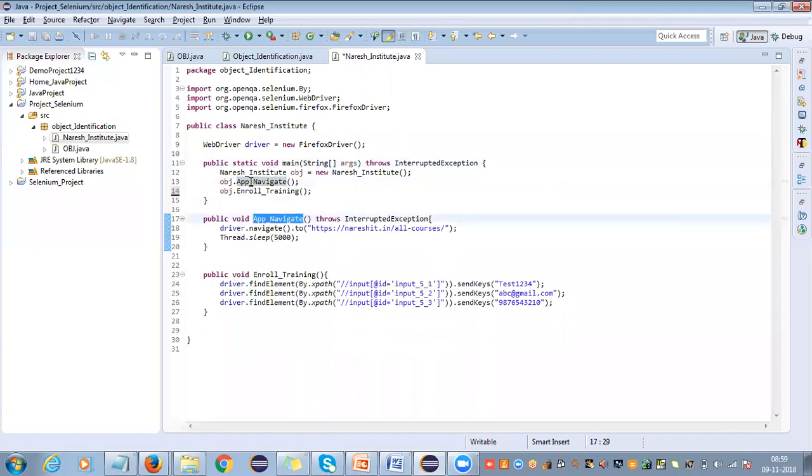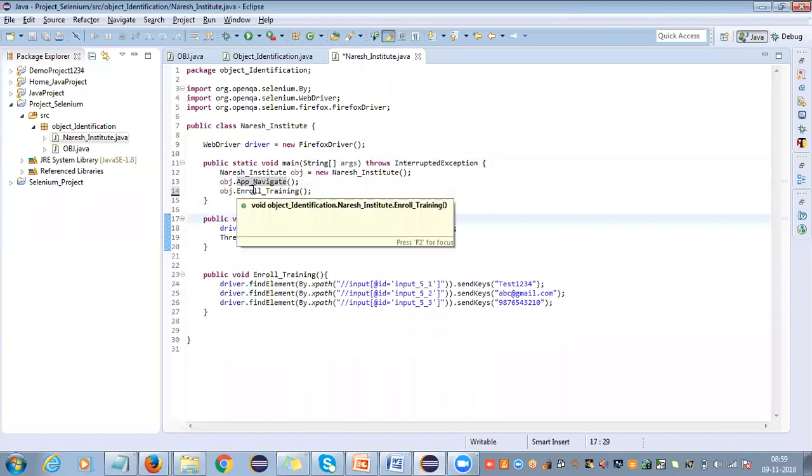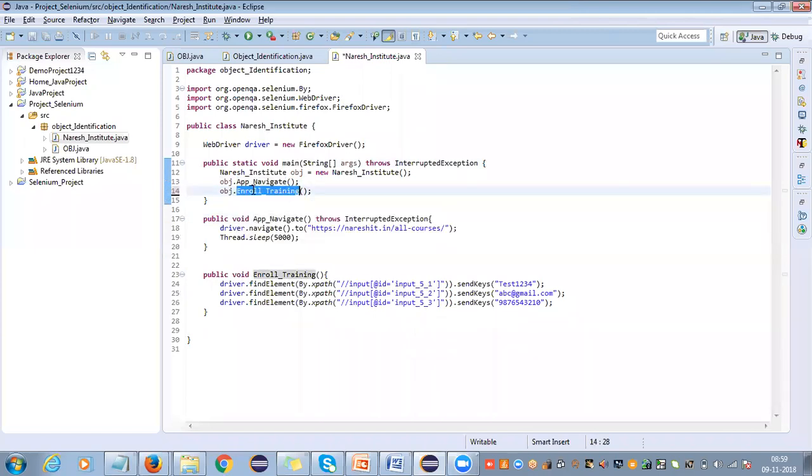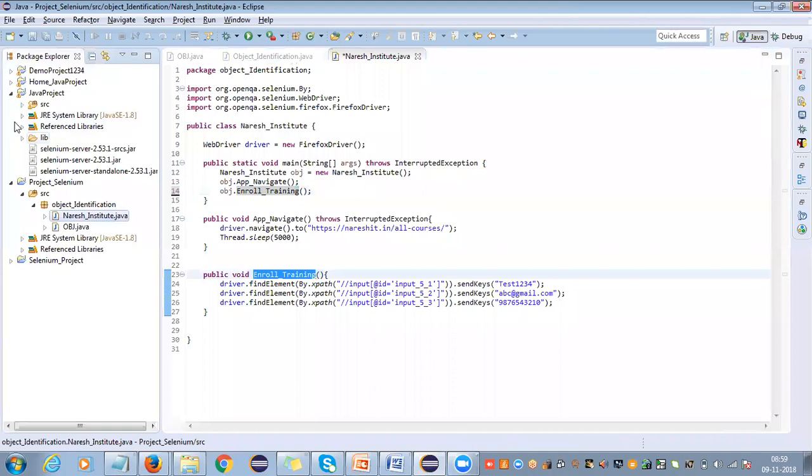So one more thing: suppose you have this method, and if you want to see where this method is, just highlight that method and press F3. It will go straight to that method. Any questions? See, now since these are in the same page, you won't feel any problem. But if you go,